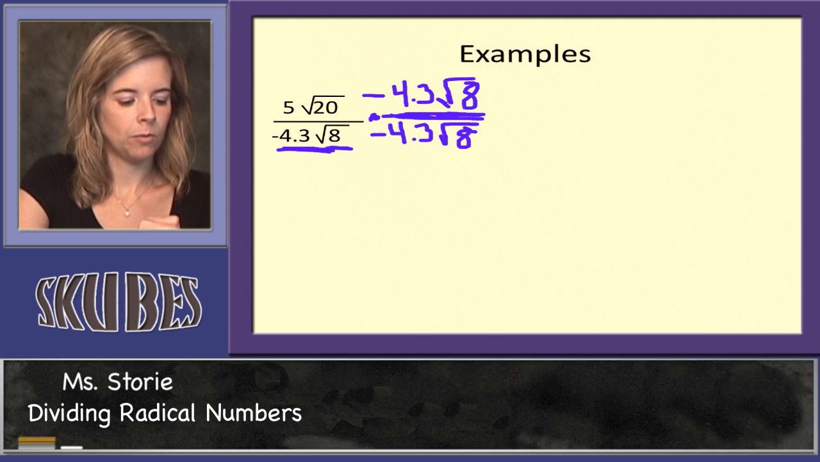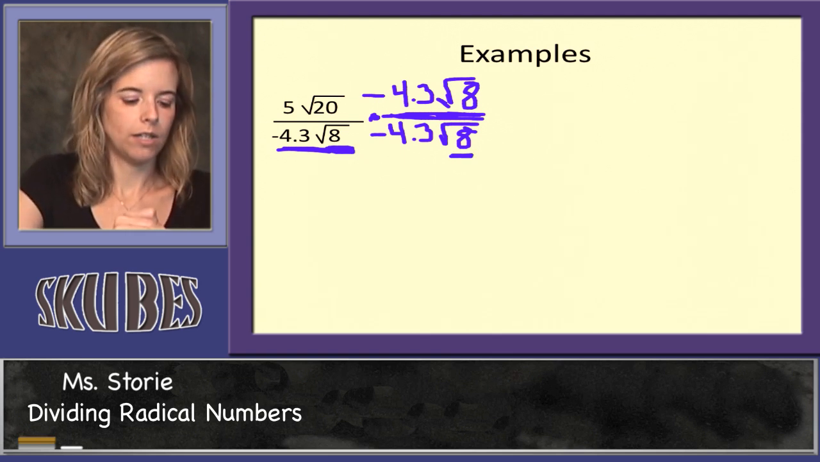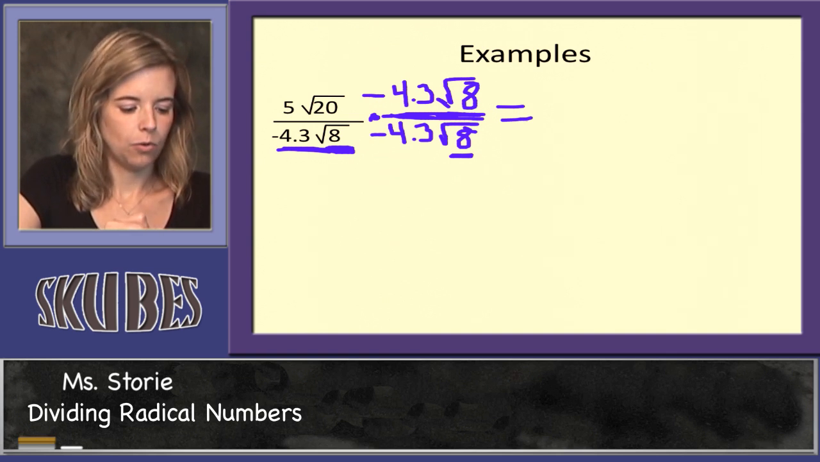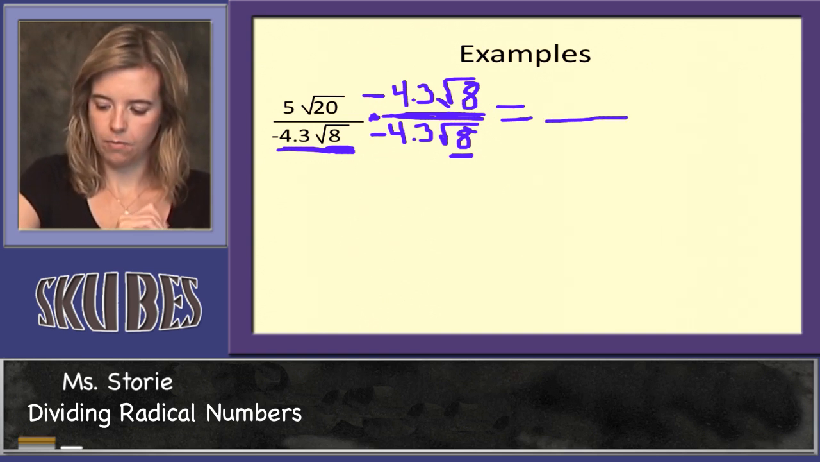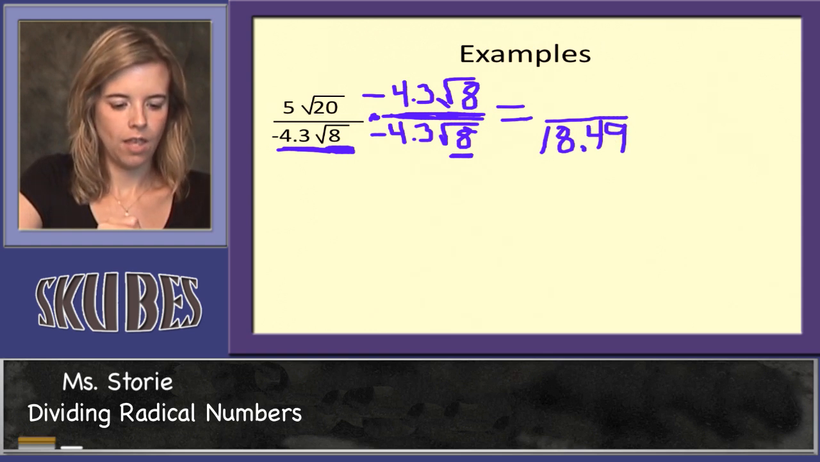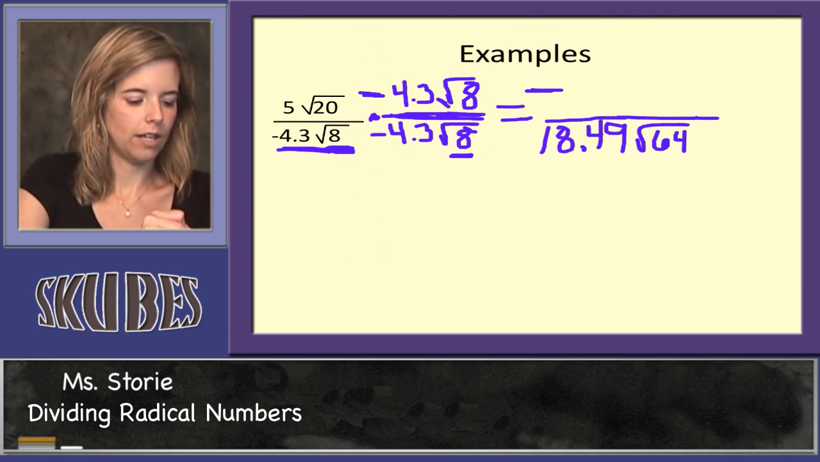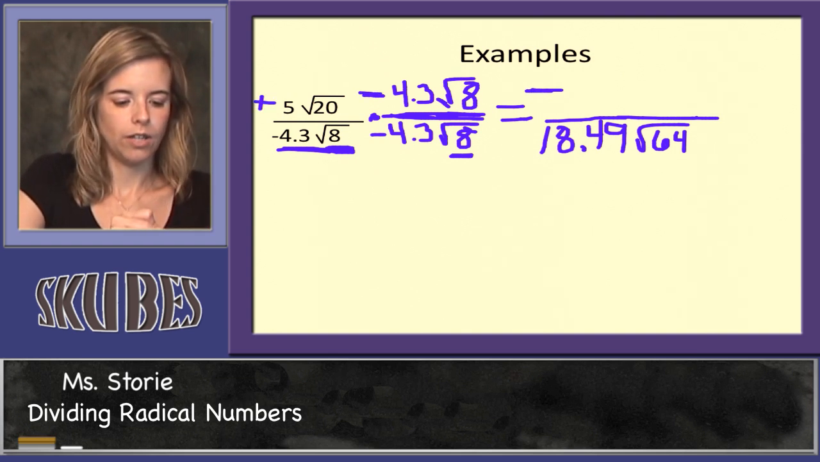And remember, the whole reason we're multiplying by another radical 8 is to cancel out the radical sign. Because when we do that, negative 4.3 times negative 4.3, you're going to get a positive number, and it's 18.49. And then 8 times 8 is 64. We just created a perfect square. So eventually we can get rid of that radical. Now in the numerator, you're going to get negative, because you have a negative times a positive number. You're going to get negative